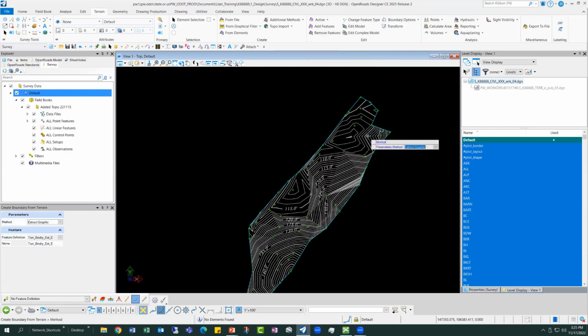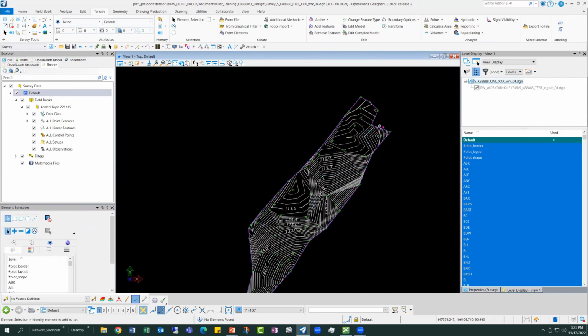It's asking me to locate my terrain model. Under your method here, you've got different methods. You can extract graphic, add boundary, add ruled boundary. 99% of the time, we only extract graphic. You get into all kinds of rules when you start doing all this adding boundary with this method. So I just extract a graphic of that, that is all I'm doing. And then I can